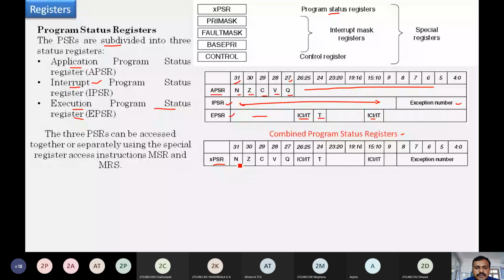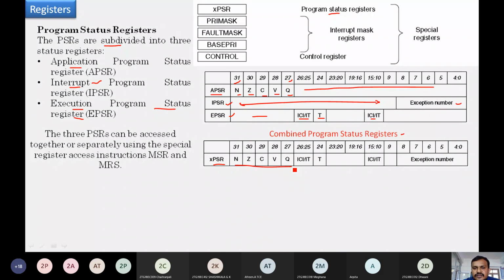So how do we access this XPSR, combined or separately? Separately means, if I want to use only APSR, then in the XPSR register we concentrate only on the 5 bits from 27 to 31.